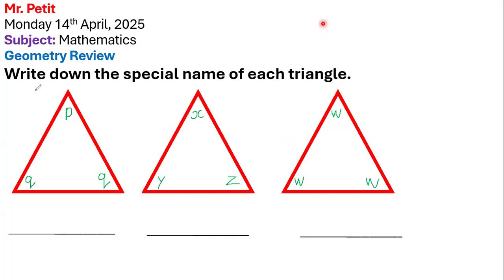All right. The first one, where's Lionel? Lionel, are you there? Yes, sir. All right, Lionel, what do you think the first one is? What type of triangle is this? I'm trying to figure out what type of special triangle this is. Do you know? No, sir. No? All right. Do you have a book and pen? Write this down, please, so you can know exactly what this is.